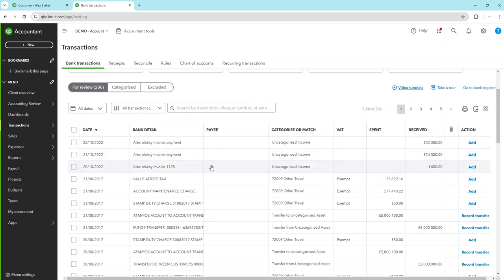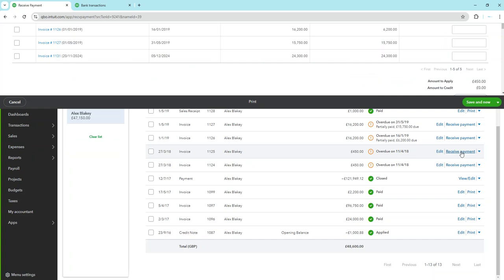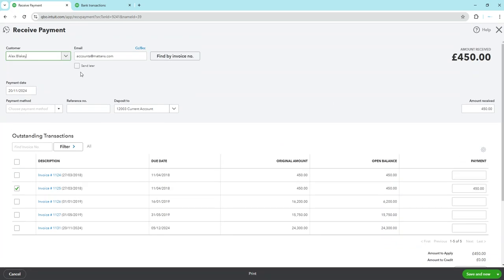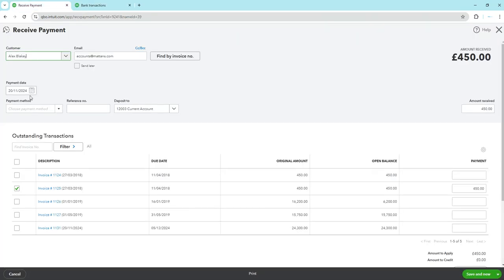So what we can do is go into Alex Blakey, look for invoice 1125, then click on receive payment. So we have this menu come up here. Just validate the details. Customer is Alex Blakey. Our payment date is the 20th of October 2022. That's the date that we want to put on here. Payment method,